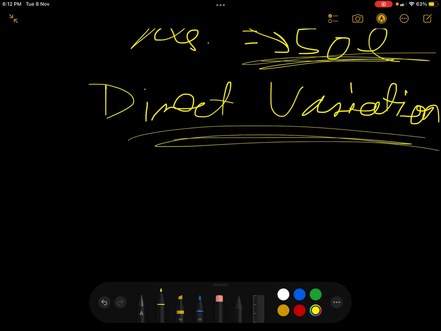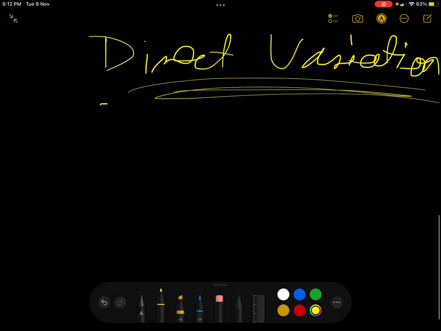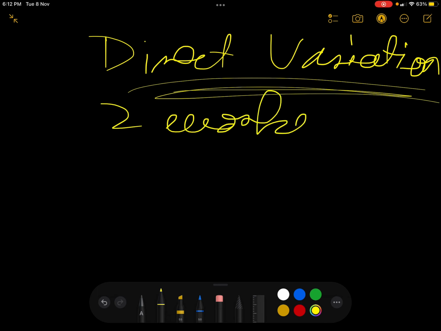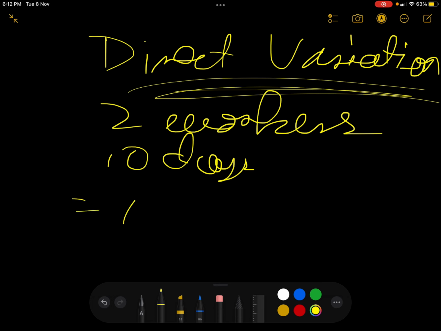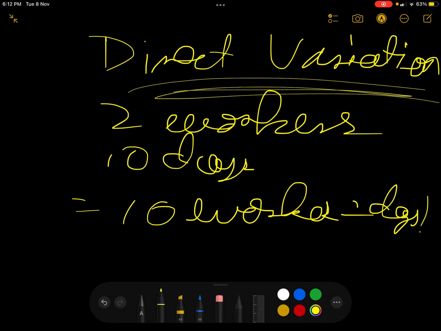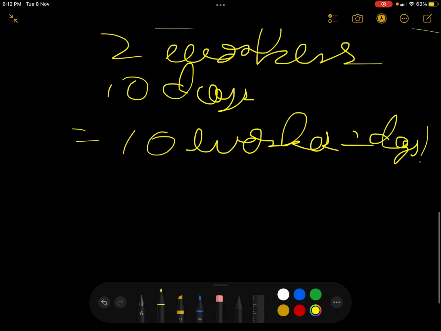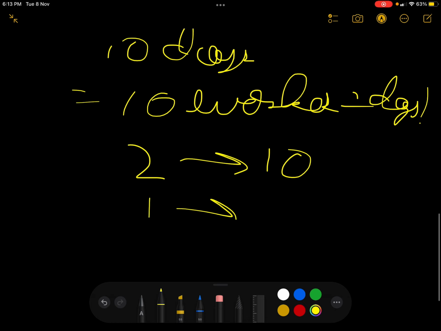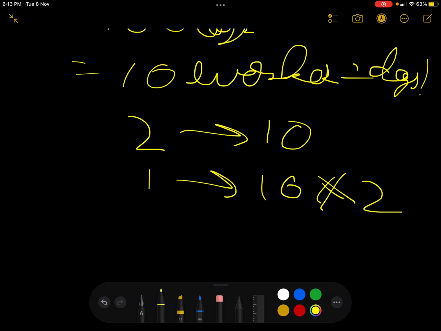Let's say that there are a total of 2 workers, and the 2 workers can do something in 10 days. Now, if I take, let's say, 10 workers, how many days will be required? Again, by the unitary method, we can find out: when there are 2 workers, 10 days are required. When 1 is the worker, now, in this case, when the number of workers is less, the days required